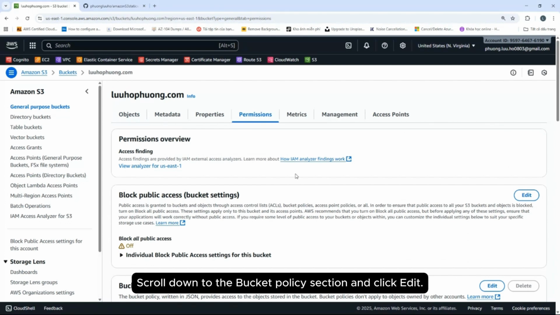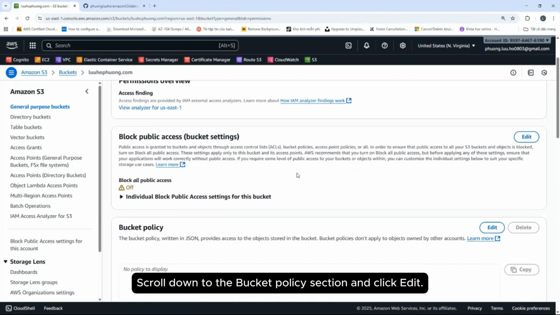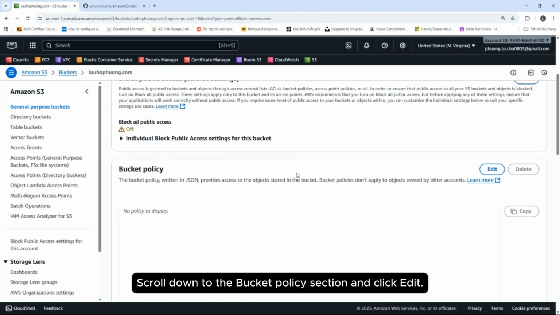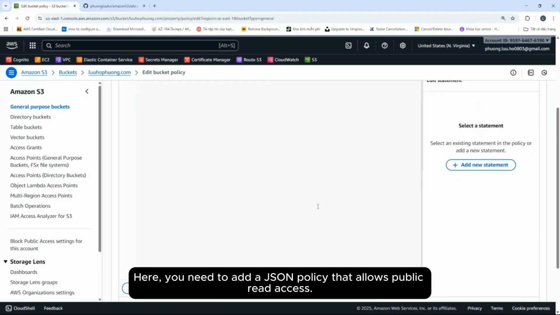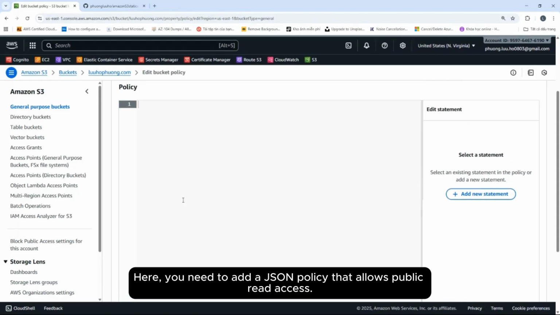Scroll down to the bucket policy section and click Edit. Here you need to add a JSON policy that allows public read access.